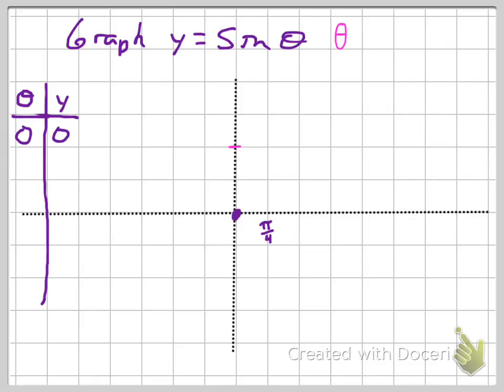So I'm going to move on. I'm going to move over to 45, or as I have it labeled there, pi over 4. All right. So now I'm taking the sine of pi over 4, or 45, which according to your unit circle is root 2 over 2. We can find a decimal for that. And the decimal for the square root of 2 over 2 is 0.7. Okay, well, remembering our scale vertically,